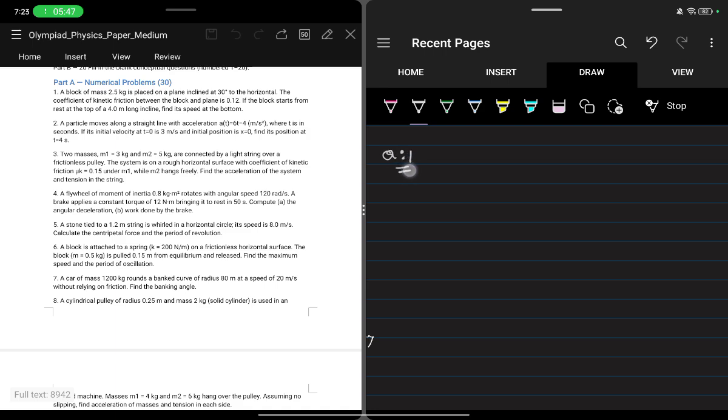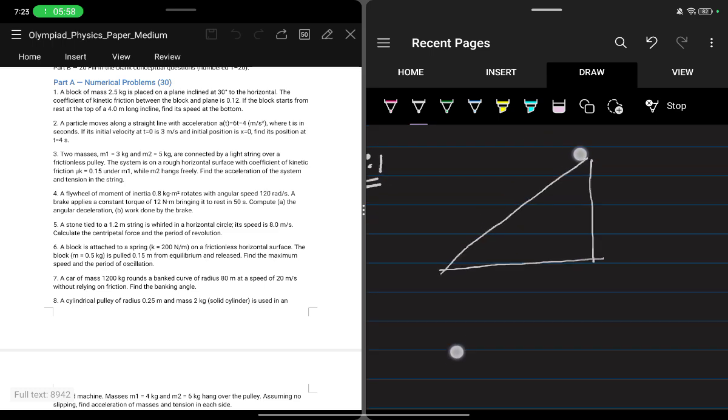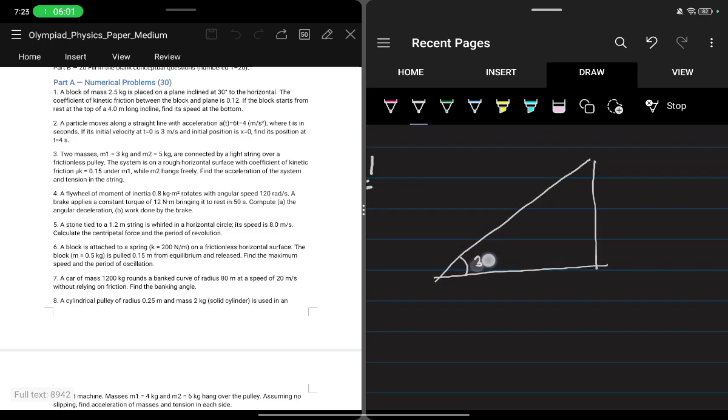Question 1. A block of mass 2.5 kg is placed on a plane inclined at 30 degrees. This is the plane inclined at 30 degrees. There is our block, and its mass is 2.5 kg. The coefficient of kinetic friction between the block and plane is 0.12. If the block starts from rest, that means its initial velocity was